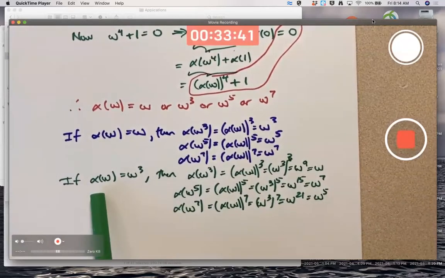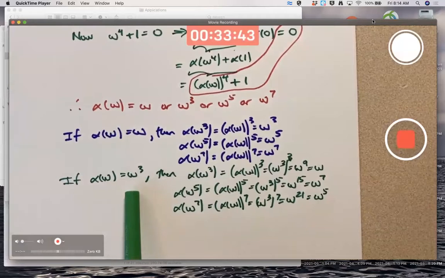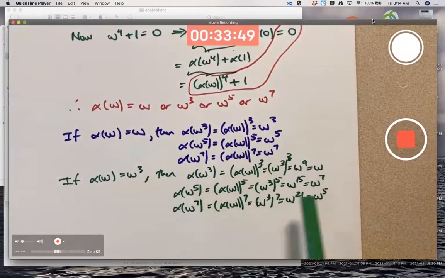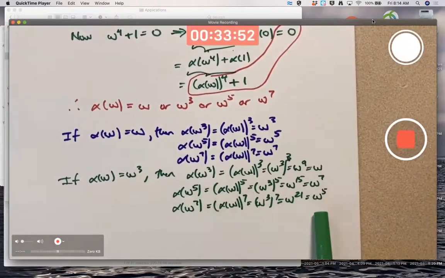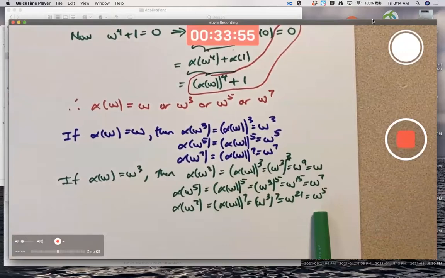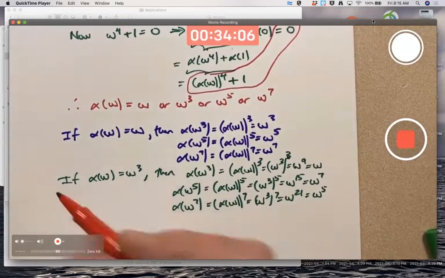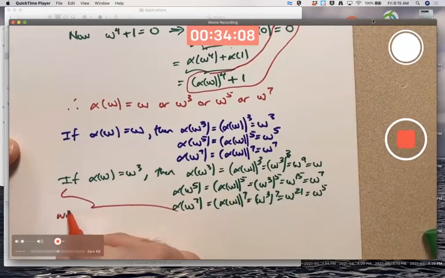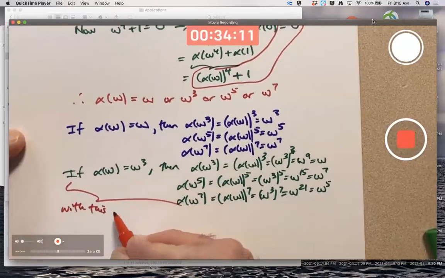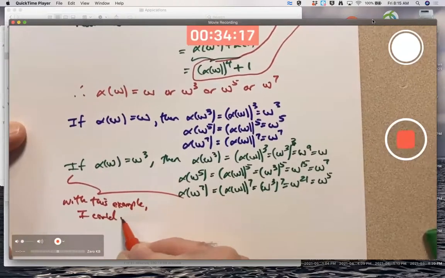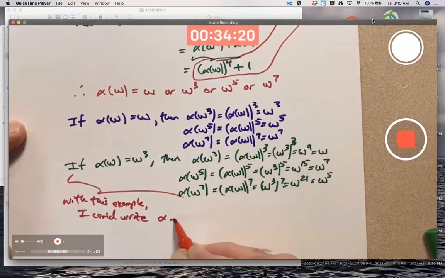So if alpha maps omega to omega cubed, it maps omega cubed back to omega. It maps omega to the 5th to omega to the 7th, and it maps omega to the 7th back to omega to the 5th. These things are permuting the roots. I could even write this stuff in permutation notation. I could write, with this example, alpha as a product of 2 cycles,